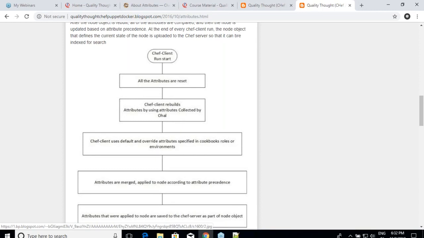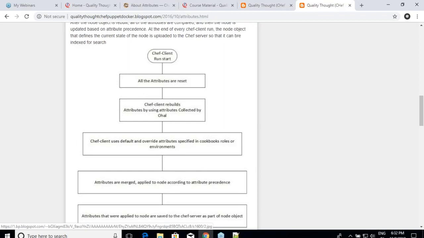Now the attributes which we were writing all these days as default, do you have an answer now? What are the other things which we can define? We can write default, force underscore default, normal, override, force underscore override. Everything whenever I apply will have some weight to it. That's the whole point. But chef recommends usage of default. Don't even think of something else, stick to default. Those are all extreme conditions, and whenever you have extreme conditions, then you go for those values.